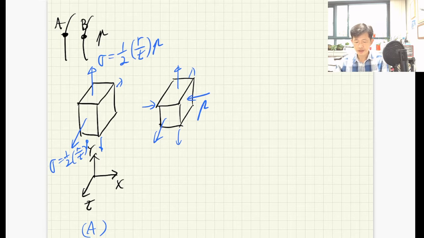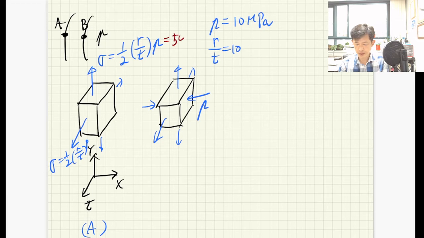The stress state is different. So let's consider a specific problem here. For simplification, we want to consider the pressure is, for example, 10 megapascal, and then R over T is equal to 10. Then how much is it? So this is 50, isn't it right? So I'll have 10 times 10 is 50, and then the pressure is 10. So in the case of problem A,